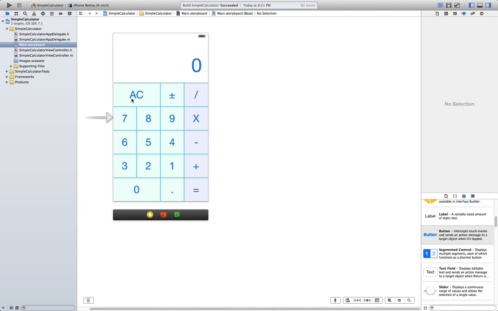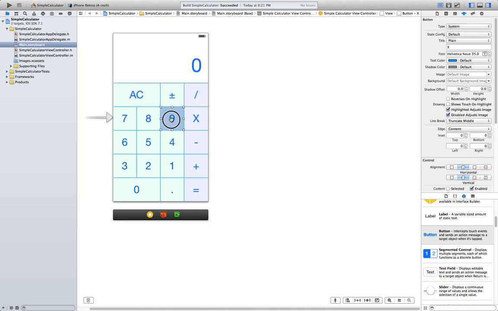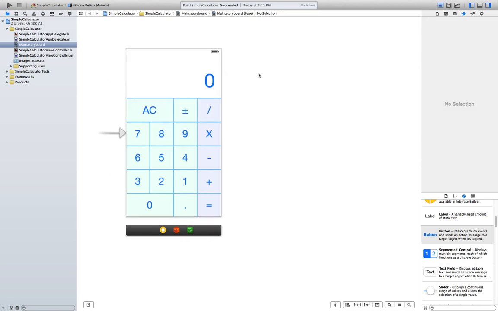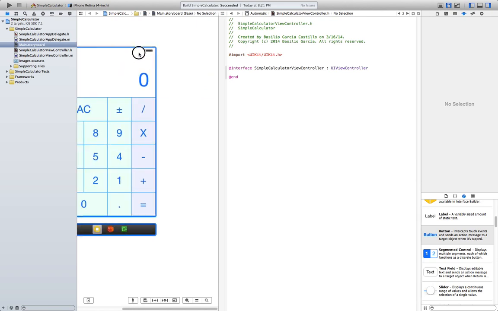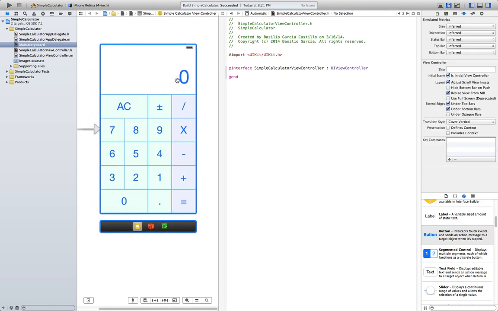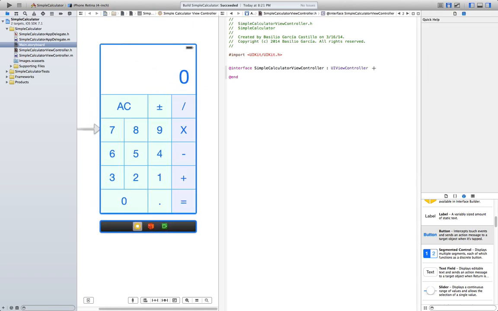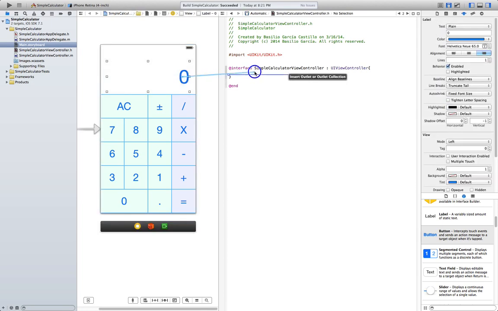Alright, now that we have our user interface nicely designed, we are going to have to make the connections and connect this to every function. So the way we are going to do that, open the attributes inspector in the H file. First of all, let's make the label. So that's going to go in here. Control click drag, and it's going to be a UI label. Name it result.